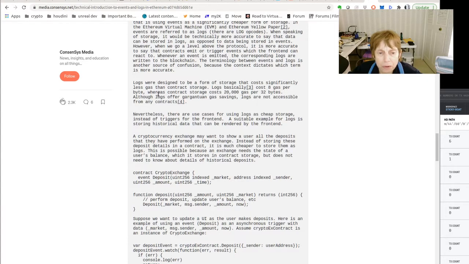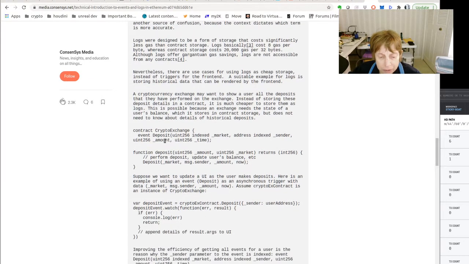It says logs were designed to be a form of storage that cost significantly less gas than contract storage. So let's say it costs 8 gas per byte versus 20,000 gas per 32 bytes. However, they're not directly accessible for the contract, but there are ways around it,